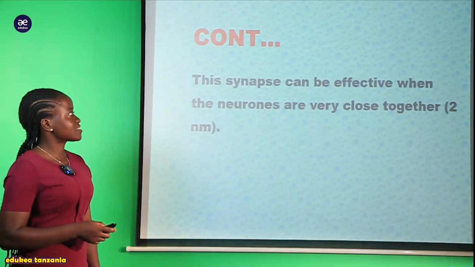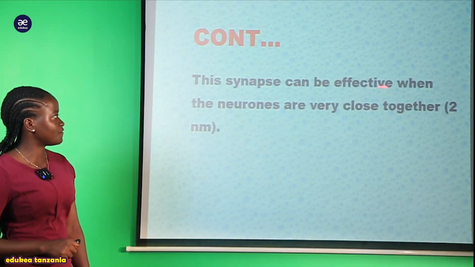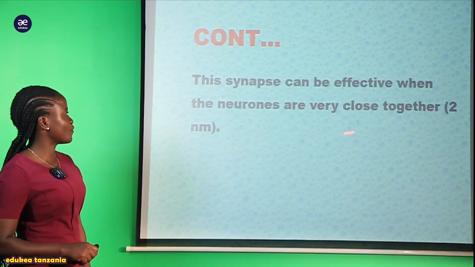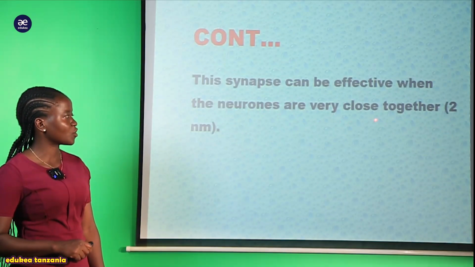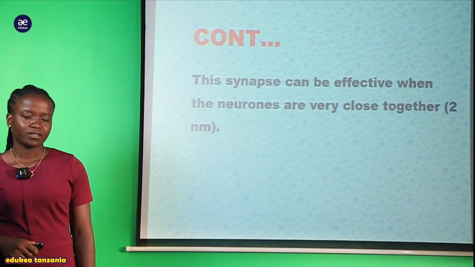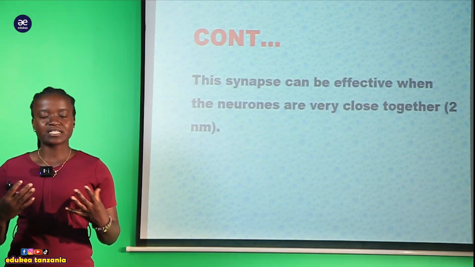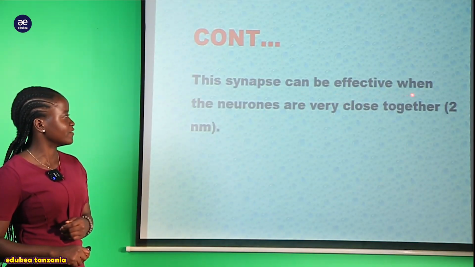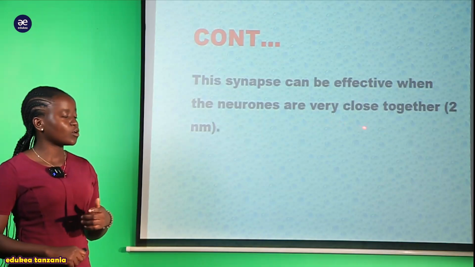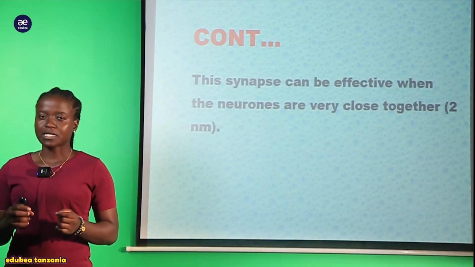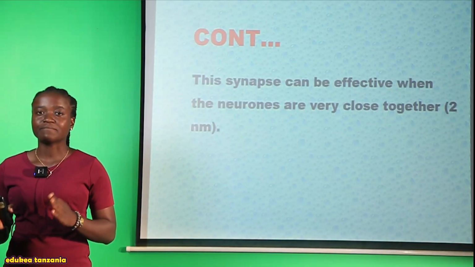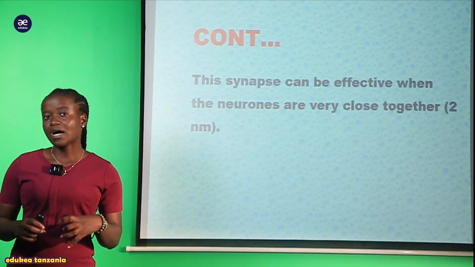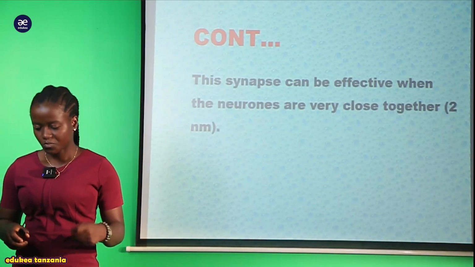But also we can say that the synapse can be effective. The synapse can be effective when the neurons are very closer together. Kwa hiyo tunasema synapse inaweza ikawa ina umuhimu, kwamba synapse can be effective when the neurons are very close together, pale ambapo neurons zinakuwa zinakaribiana kabisa, about 2 nanometer, ndipo ambapo inakuwa very effective in transmission of the